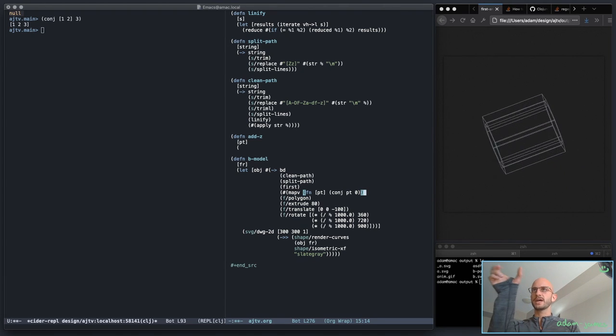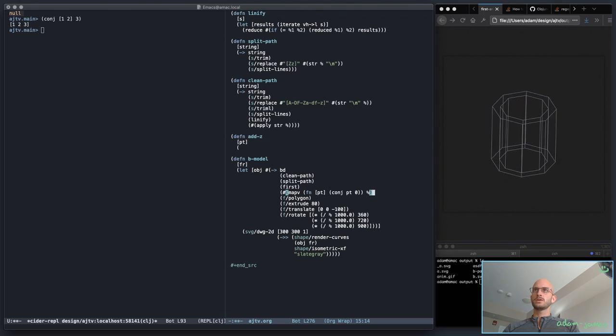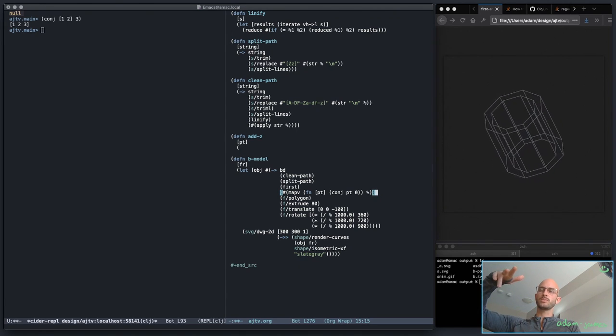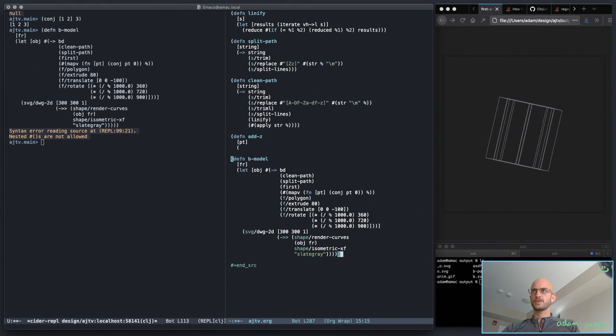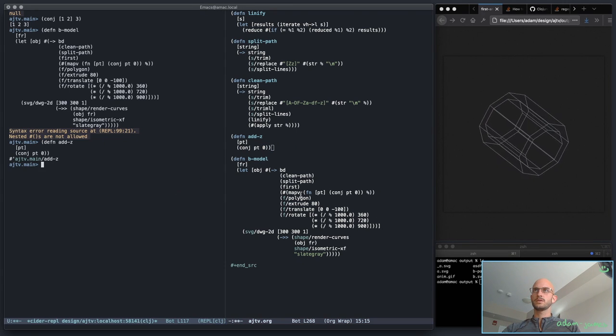There, okay, so map that function over that. Okay, right? That should make all of the points three-dimensional, and then you should be able to run polygon on that. Let's see if that makes sense. Nested anonymous functions are not allowed. Yeah, okay. That's fair. Conj onto point 0. So instead of this, map add z to